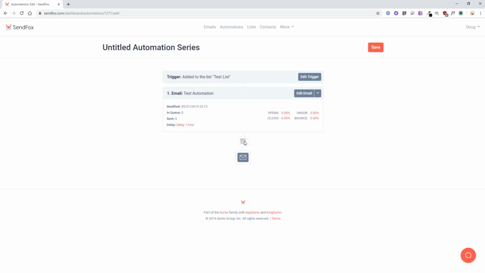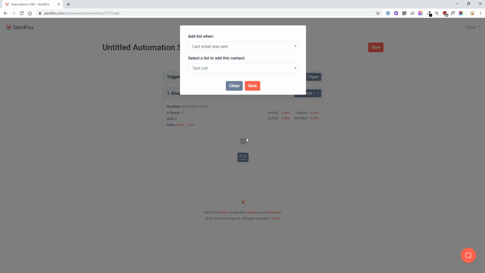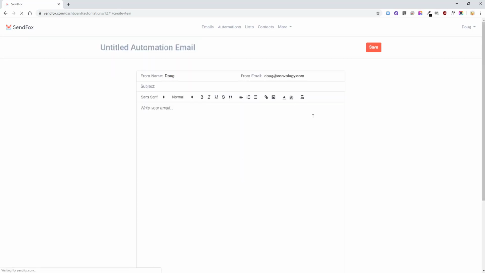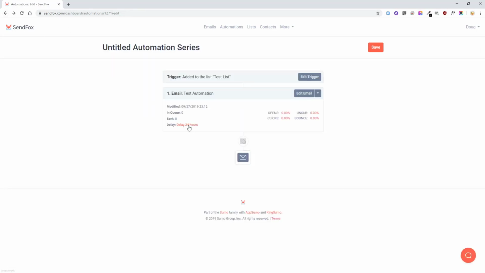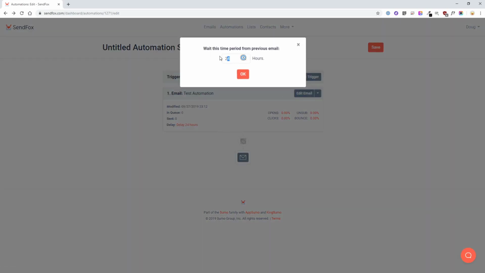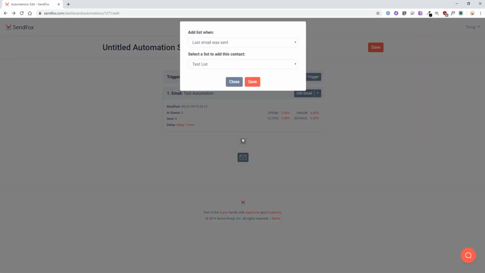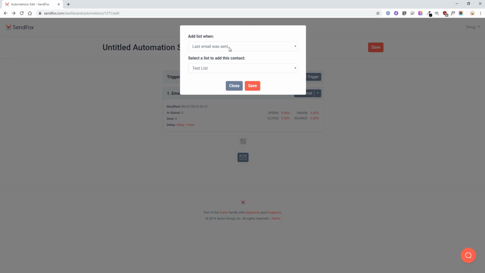Well, the next step that we can do here is we can click this little tag. I think it looks like a tag at least. And we can say, okay, what do we want to have happen next after somebody gets this email? Well, if you just wanted to send them another email, you could, of course, click the button again, and you could choose whether or not you wanted to delay that 24 hours or 10 hours or what have you. Or you could say, instead, I want to send them something or add them to another list based on an action that they take. So you click this little tag and say, okay, when the last email was sent,